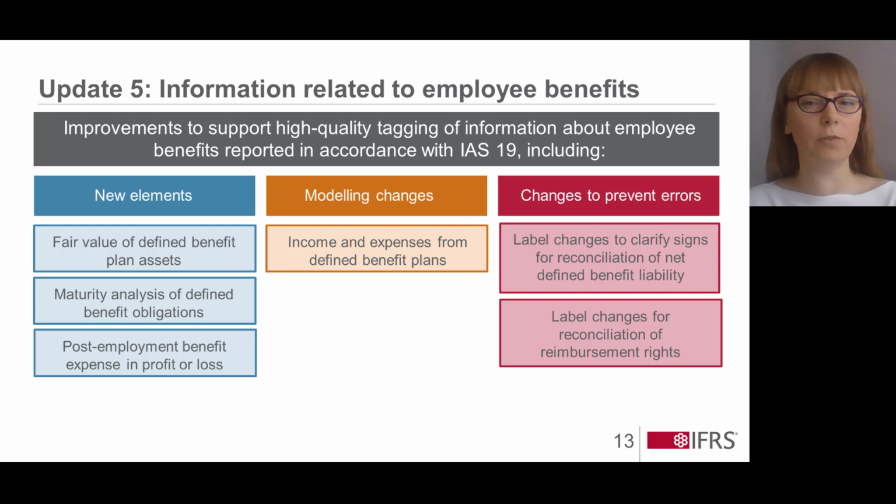We noticed that companies were confused how they should tag changes related to the net defined liability or asset. So we made comprehensive changes to the IFRS taxonomy to improve consistent tagging of that information. Let me explain it in a bit more detail. IAS 19 requires a reconciliation from the opening to closing balance of the net defined benefit liability or asset. We observed that companies often used incorrect signs when tagging information in the reconciliation. So we amended the labels of the relevant elements to help clarify what sign should be used when tagging this